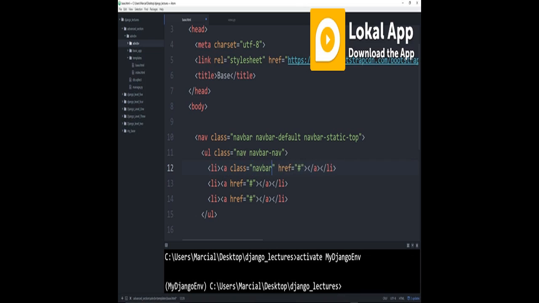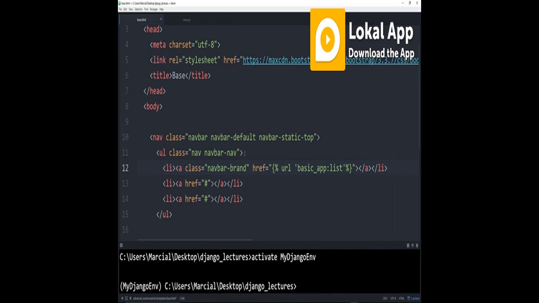The first one is going to be navbar-brand. Remember, this is kind of the brand that usually takes you back to the home page. In our case, what we're going to do is once we set up the urls.py file, we will have a URL inside the basic app, and we'll give it the list. And let me collapse the directory tree here for a second so we can see everything here. And I'm going to give this the name schools. So in our navbar, all the way to the left as the brand, there's going to be larger text that says schools, and if someone clicks on that, they should then see a list of all the schools,